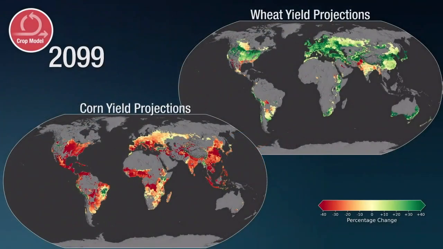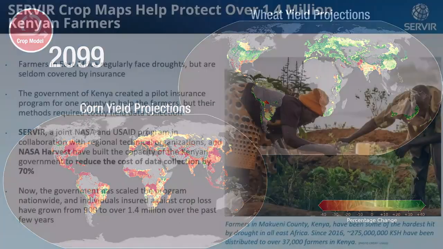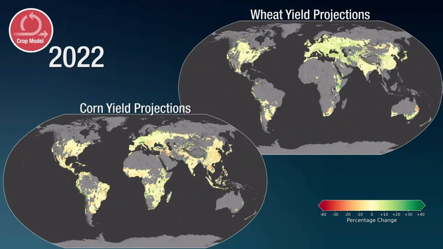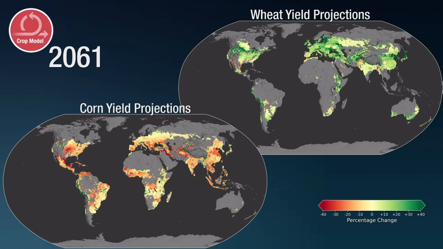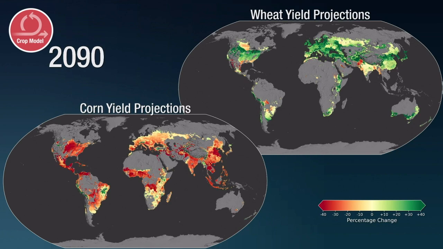And let me just run that one more time, see if I can do that. There we go. Because one of the things that you can see is that you start to see pressure, particularly on corn yields, in the very near future, within about a decade. This tells us where we might want to spend some resources thinking about how to adapt and mitigate. So the idea here, again, is not that it's a prediction, but it's the kind of tool that we can develop, co-develop, and use to help inform future decision-making.